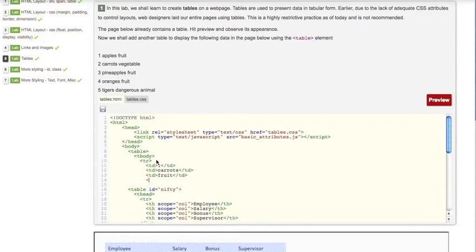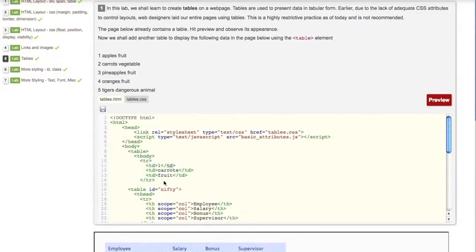So there you go. This is one row. Once again it begins with the tr start tag, it ends with the tr end tag, and within it contains each cell. Each cell begins with the td start tag and ends with the td end tag.